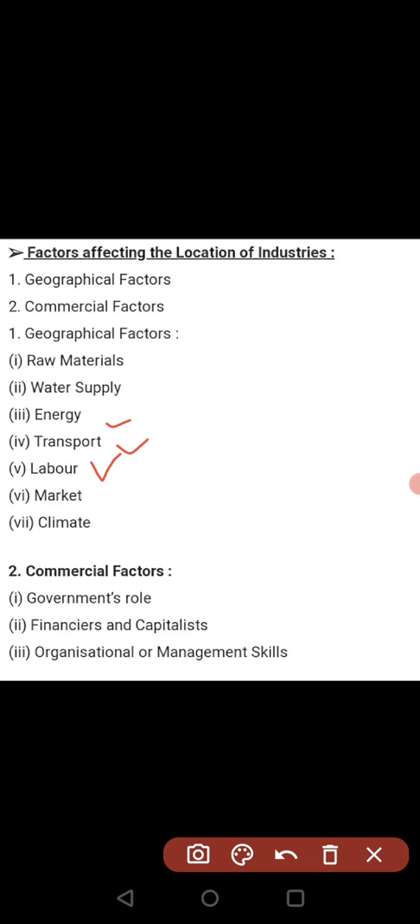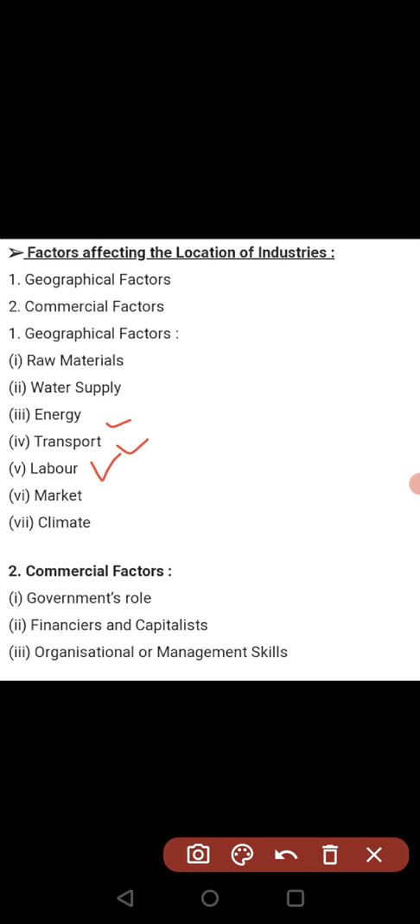Okay, so that it can gain much profit without more cost of transportation. Next we have climate. Different kinds of industries are located in different climates. No industry can be located in an extreme or harsh kind of climate, like in a desert area, in a very hot climate, or in a very cold climate. It's not feasible to